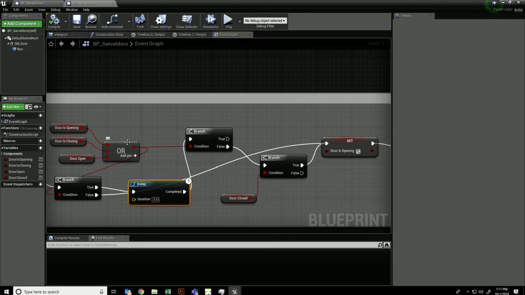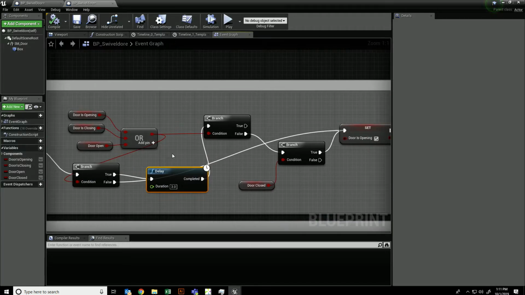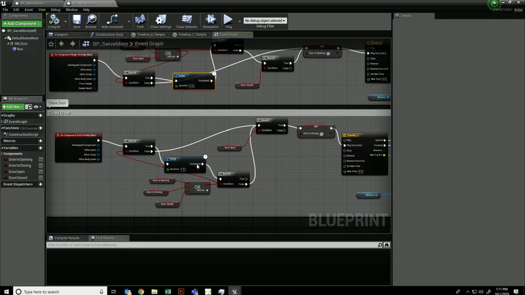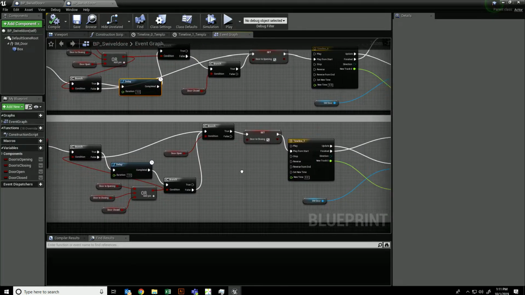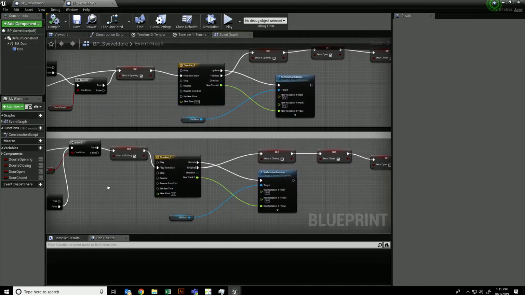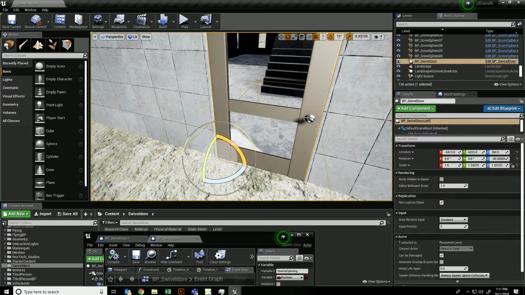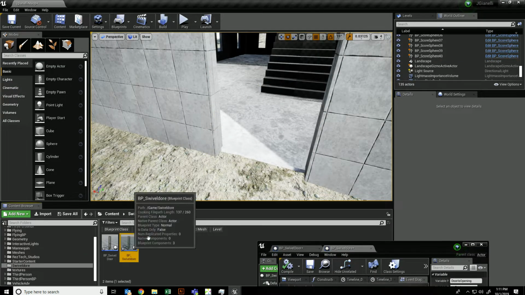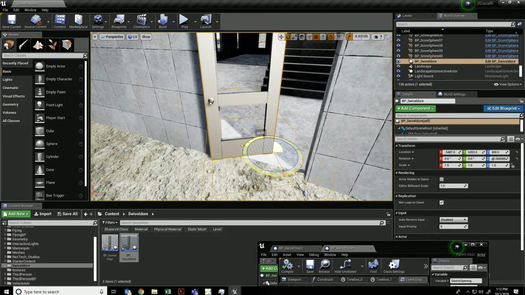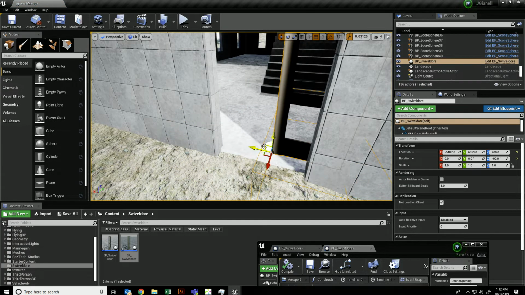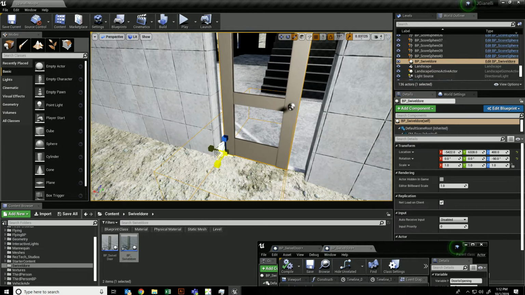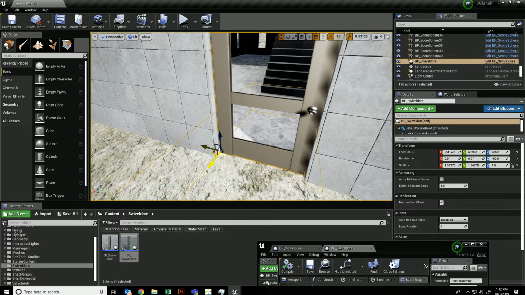Because it's possible you might have left the door, come right back to it, in which case we would still want it to open after a delay of 3 seconds. The same thing is true down here. All of this code needs to be incorporated. Now, the default value has to be that the door is closed. The other ones have to be false. And now with all these things in place, let's go ahead and do the one that's already finished. And you can just look at that code there and see. I should now be able to take this door, put it anywhere on the level, and it should work